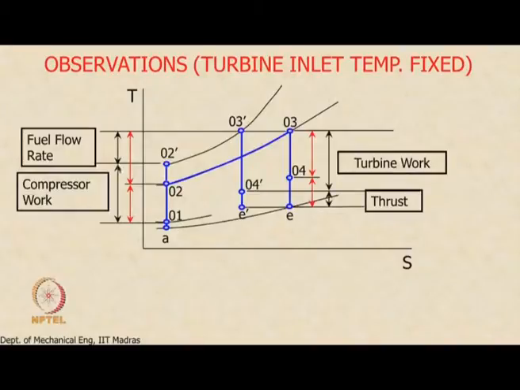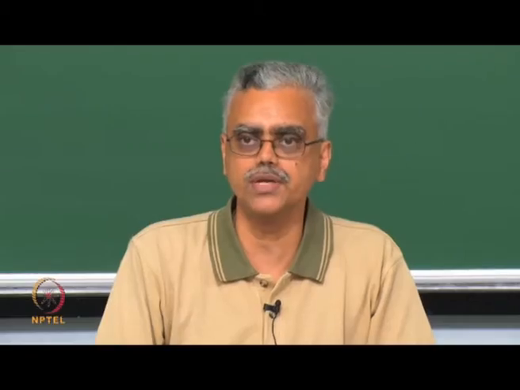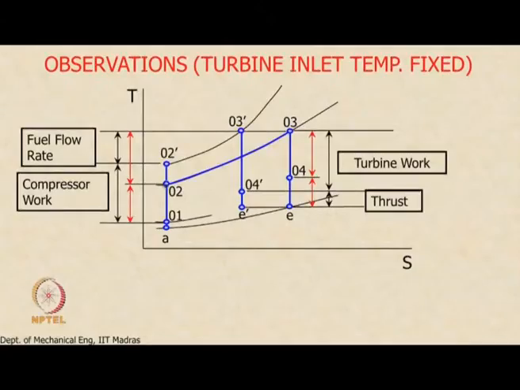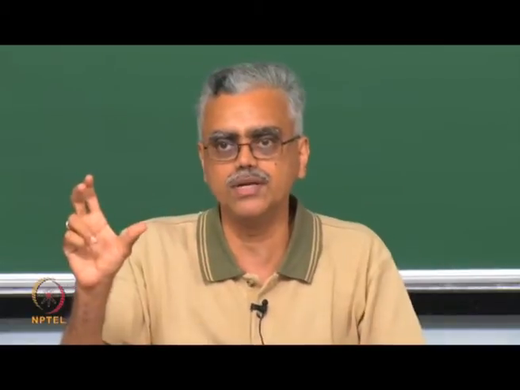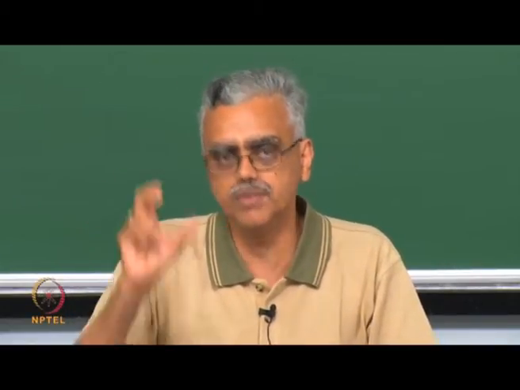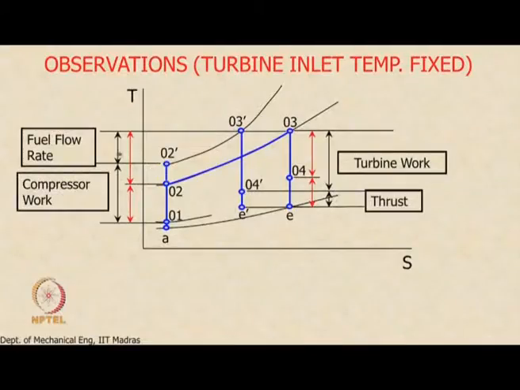So you can see that the compressor work has increased now, understandably. Turbine work has also increased. What has happened to the fuel flow rate? Compared to the earlier one, the fuel flow rate has decreased, understandably. Because the pressure ratio is more, the air is actually hotter when it comes out of the compressor now than before. Previously it was coming out at a temperature corresponding to this. Now the air is hotter because the pressure ratio is also higher. So if I keep my peak temperature fixed and the air entering the combustor is hotter, that means I can add only a smaller amount of heat in the combustor. That means the fuel flow rate will also be less, and that is what this one is showing me.